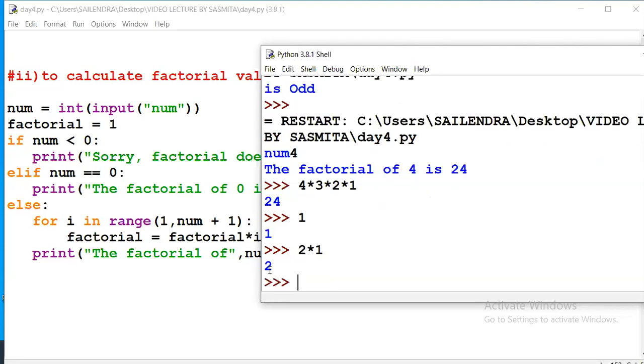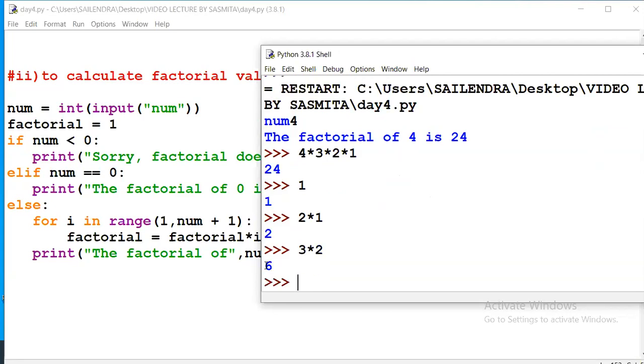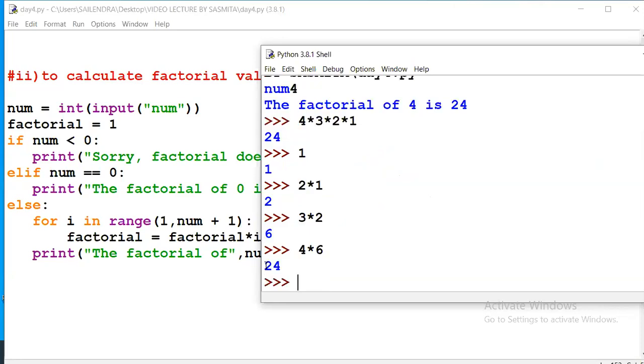For factorial 3, the previous factorial is 2; we multiply 3 into 2 and the output is 6. For factorial 4, it is multiplied into 6, so the factorial will be 24. Like this the factorial is obtained.